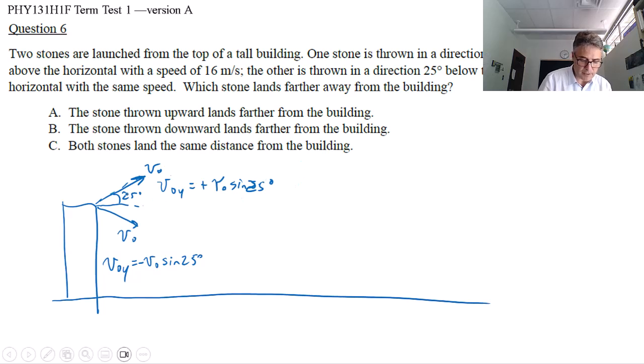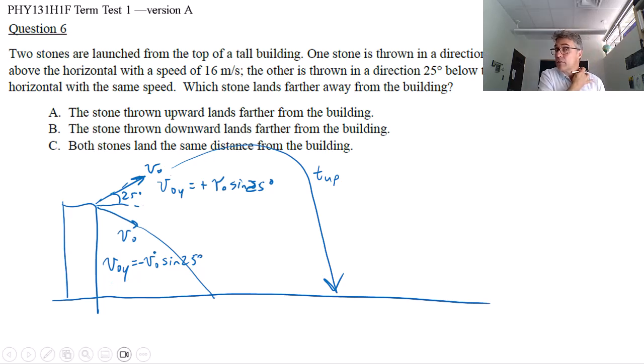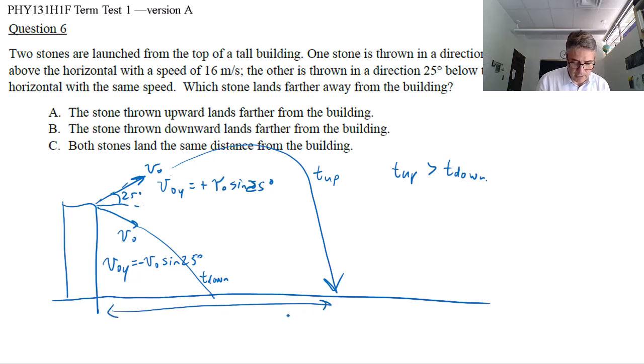So what's going to happen is that this one's going to go up and down, and it's going to have some time, t up, and this one's going to go straight down. It already started with a negative velocity, so this is t down. So the time t up is going to be a lot greater than the time t down. And the distance here, this range, I guess, is going to be equal to